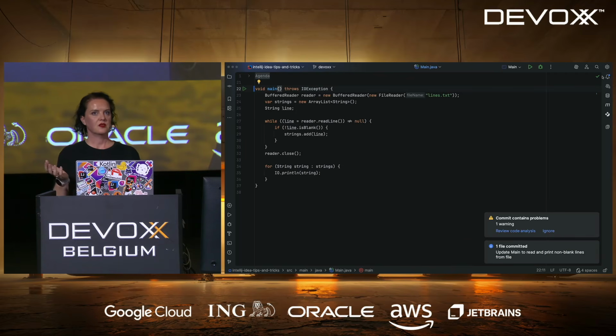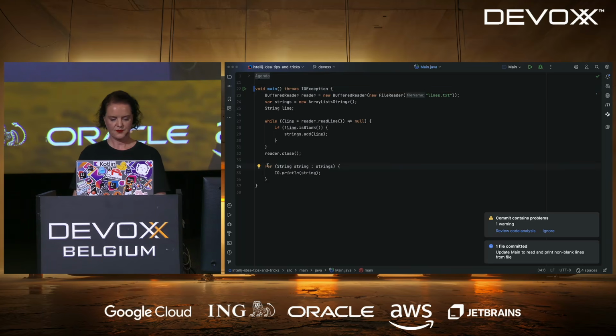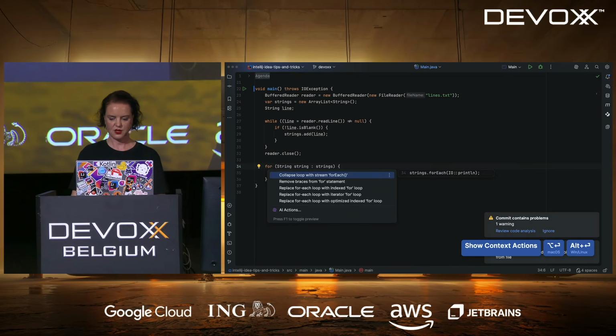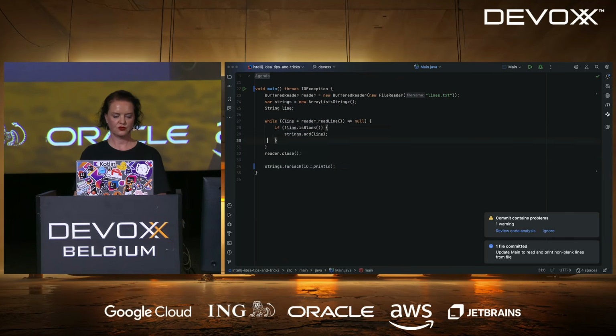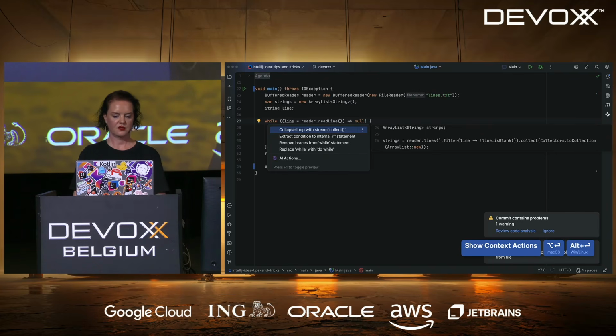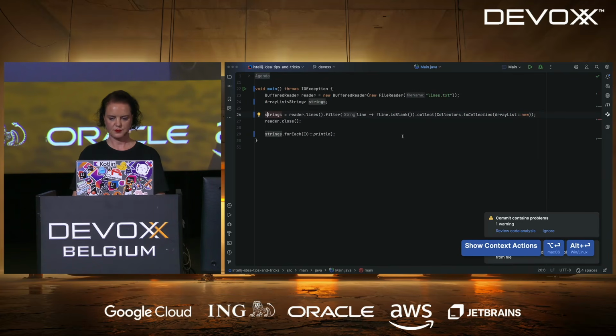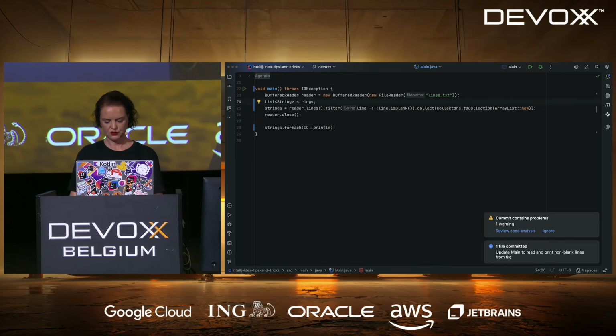Are we really happy with it though? You know, with the for loops and everything. I think we can do better. So that was a rhetorical question, yes. Anyway, so let's see if IntelliJ has any more suggestions. For example, to use a stream here and collapse this as well into a stream. It's not doing the same thing it was doing earlier. Anyway, that's fine. This should be a list. And then we can join these lines